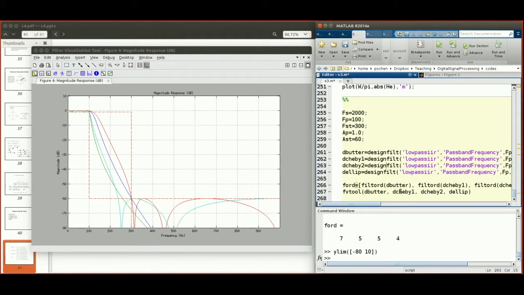Right? So the Butterworth filter is probably the most costly filter. But you can sort of see it has some desirable features, right? So it's flat both in the pass band and in the stop band, right? But its roll-off is slower. The transition band is wider compared with the other 3 types of filters, right? And this FV tool actually plots all of them in a different